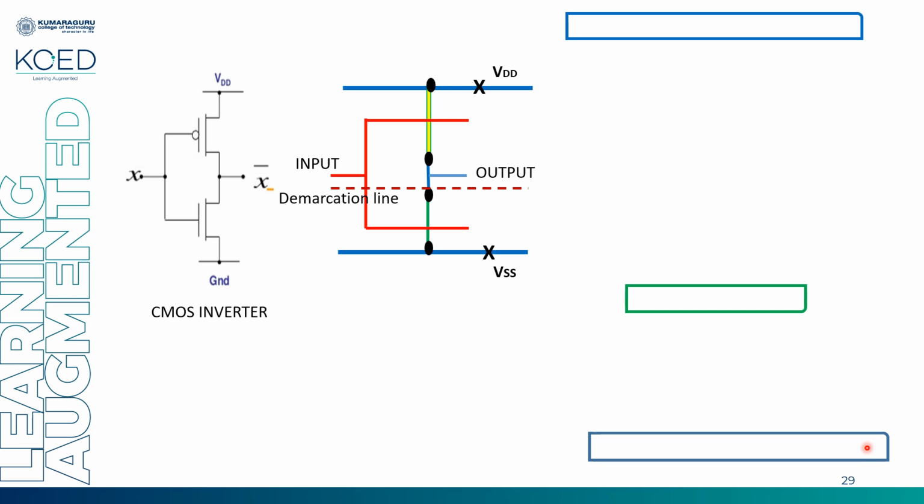But in case of layout, poly has to be in vertical. So I'm taking diffusion in horizontal here. And likewise, in case of CMOS process color code, we have seen both NMOS and PMOS